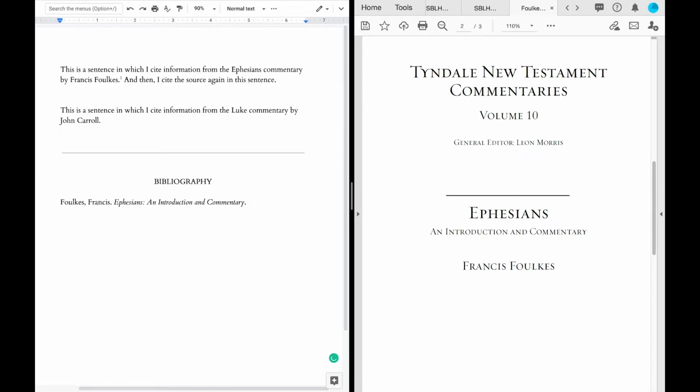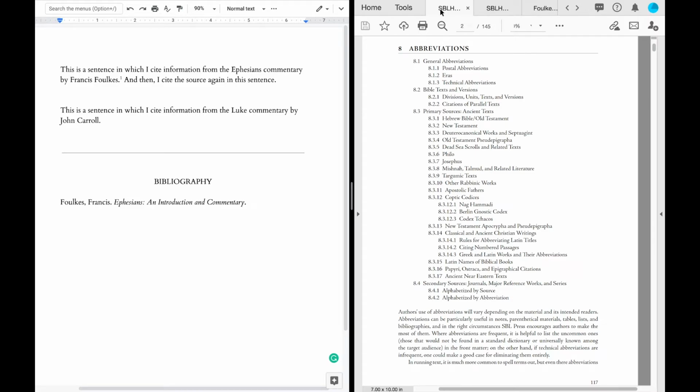Okay, now remember, this is where the information for the series is going to go, right after the title. And the series is the Tyndale New Testament Commentary Series, and I can see here that it's Volume 10. What I need to figure out is, should I abbreviate Tyndale New Testament Commentary Series? So I'm going to go over to Chapter 8 in the SBL Handbook of Style,